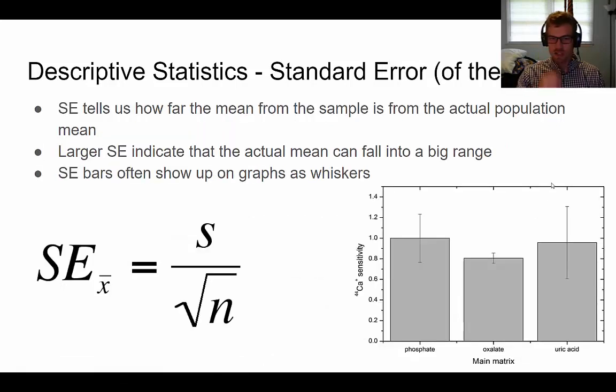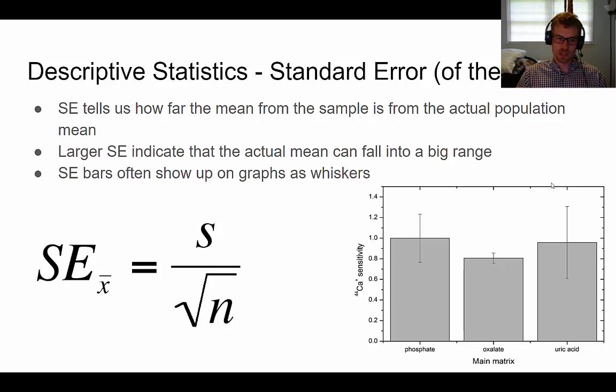And then finally, our last descriptive statistic is standard error, and it's technically standard error of the mean. And standard error tells us how far the mean from the sample is from the actual population mean. So when you do an experiment, right, you're collecting data on just a sample. You're not actually collecting data on the entire population. Okay, standard error basically tells us how far away is the sample mean, right, the mean that you calculated, from